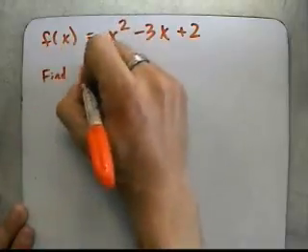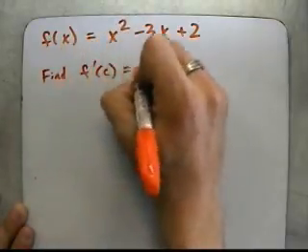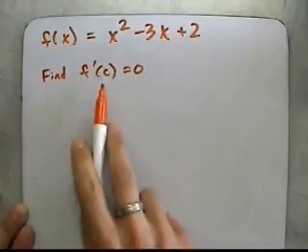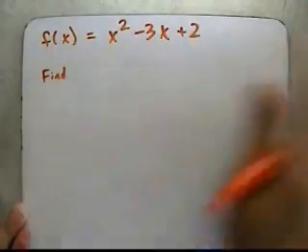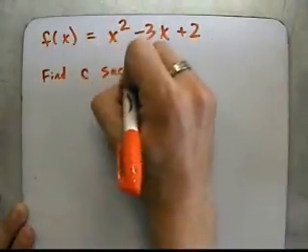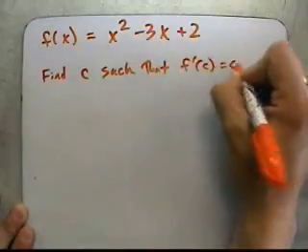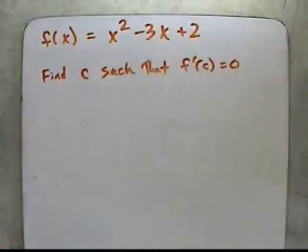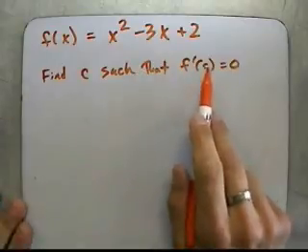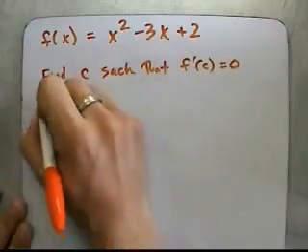And I want to find f prime of c equaling 0. I want to find the c value. Actually, can I change that? Find c such that. I love the "such that." It's one of my favorites. So find c such that the derivative at that point c equals 0, and we're going to say